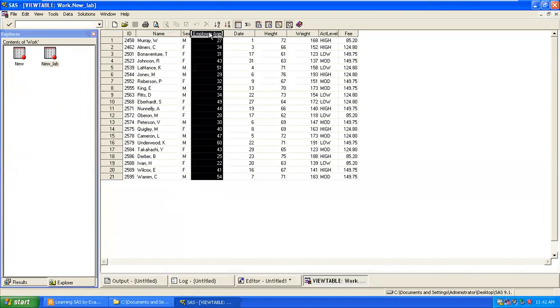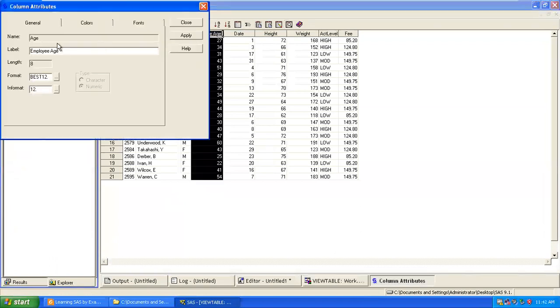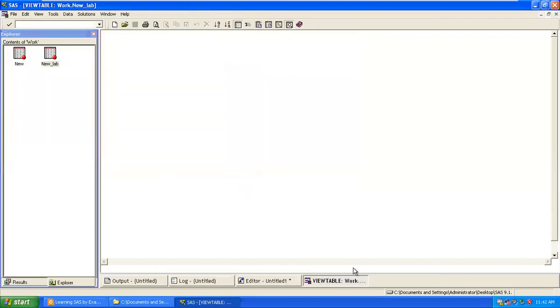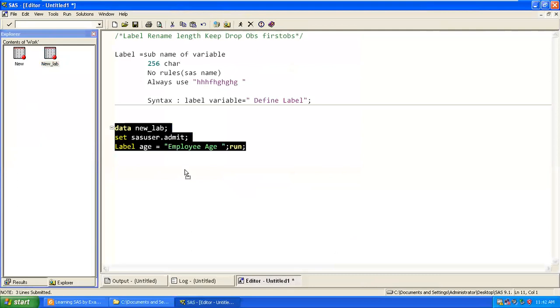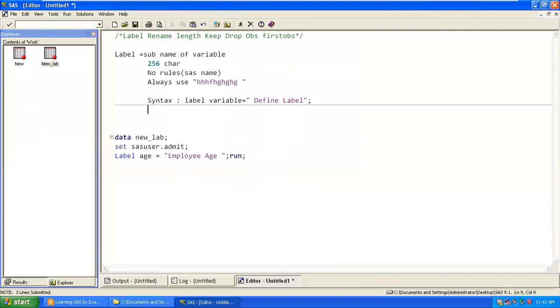But when you go and look at the back end, there's no change happening to your variable name, correct? Yeah, got it. So this is only for display, nothing else. But sometimes if you want to change the name of a variable, you can use the keyword called rename. So I can use rename over here. The syntax goes like this for rename: